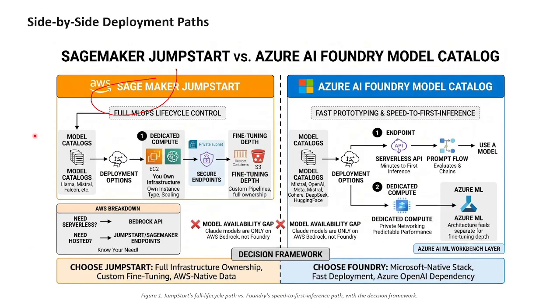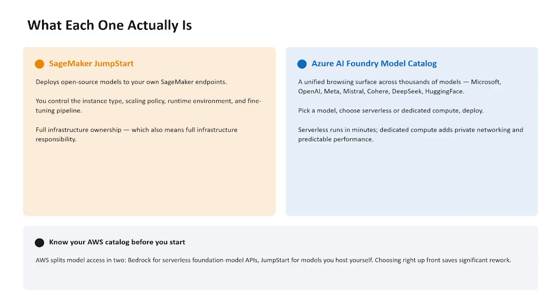Okay, the next page. Basically, when you deploy an open source model to your own SageMaker endpoint, you control your instance, scaling policy, runtime environment, and fine tuning pipeline. Full infrastructure ownership also means full infrastructure responsibility. But with Azure AI Foundry, you get a unified browsing interface across thousands of